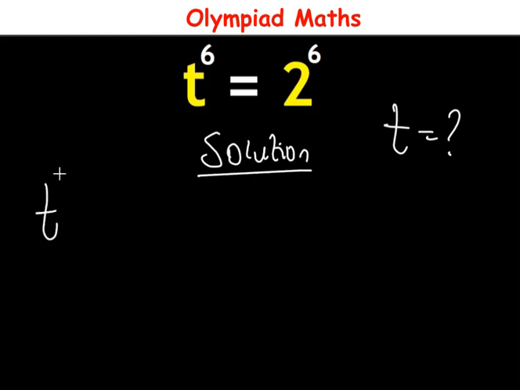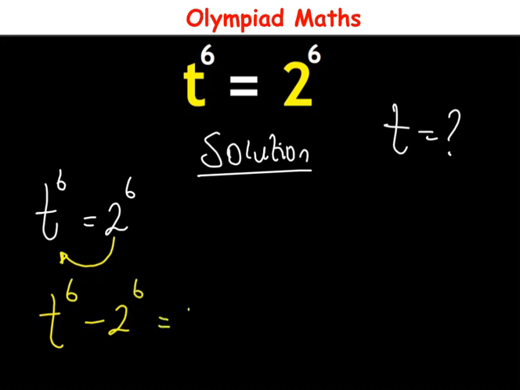So we have t raised to power 6 is equal to 2 raised to power 6. The first thing we're going to do is to move 2 raised to power 6 over to this side. So we have t raised to power 6 minus 2 raised to power 6 is equal to 0. Now we can express power 6 as 3 times 2. So this becomes t raised to power 3 times 2 minus 2 raised to power 3 times 2 is equal